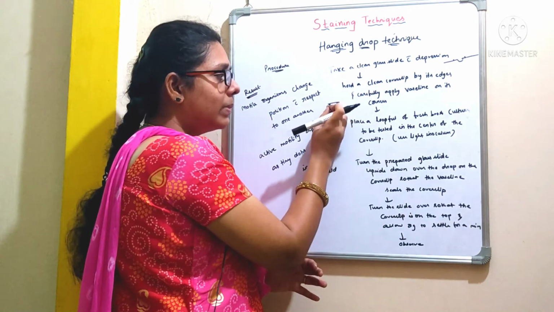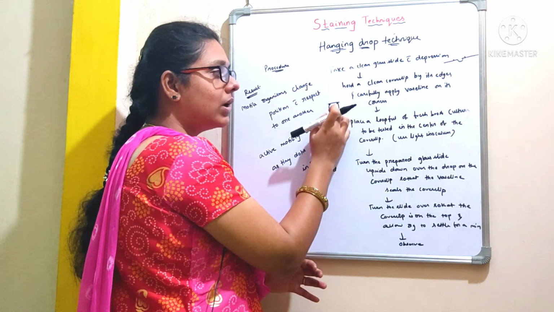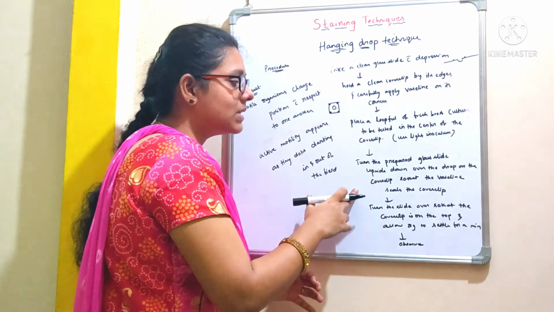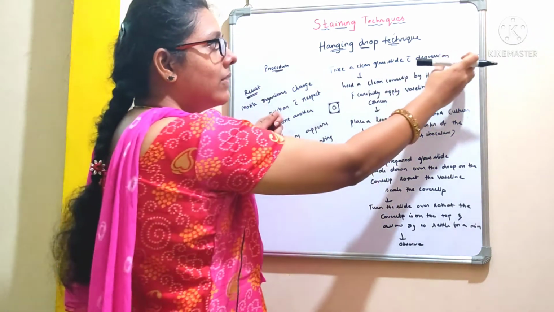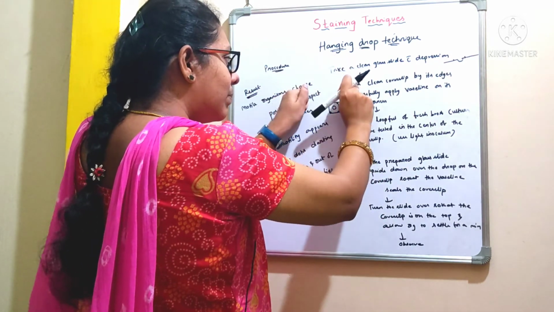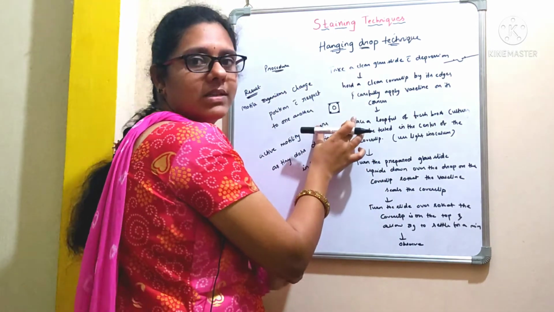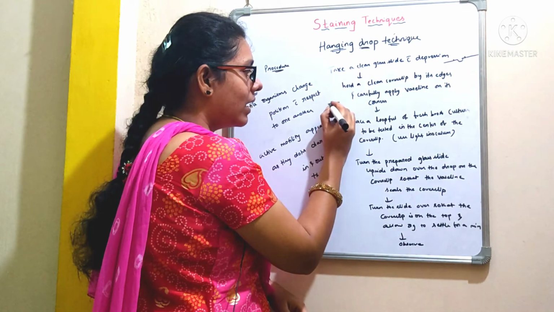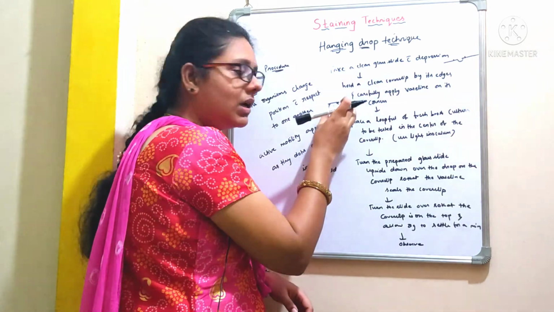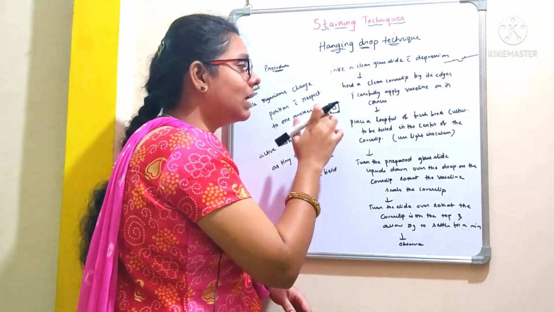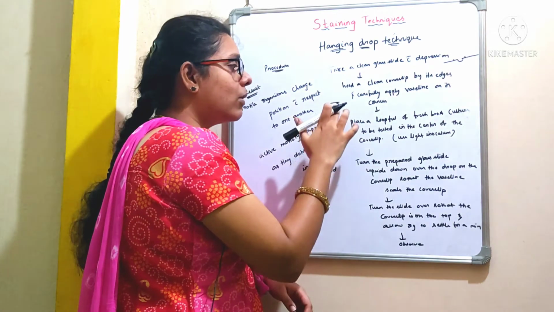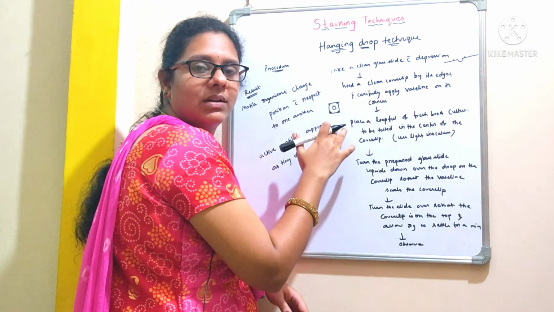Right, after you place a drop of this light inoculum at the center of the cover slip, what you are going to do in the next step is, now you have a glass slide, right? You have to turn it and place it on the top of this cover slip. So we have already applied the Vaseline over here, right? So this petroleum jelly or Vaseline will seal the cover slip onto this glass slide. So there will be no evaporation of this bacterial culture.